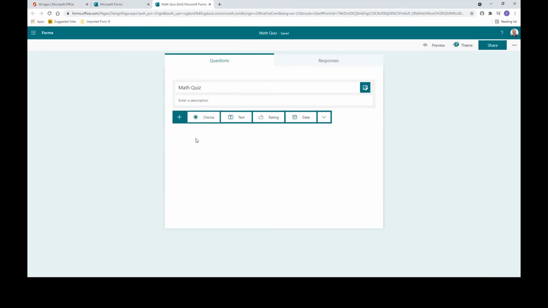As you see, we still got the choice, text, rating, date. We even have all the other little options that we did in the MS Form. However, my finding has been that choice works really well for giving quizzes. Text, rating, date, and the others, you're going to have to manually grade like you would any other exam we would give on paper. Text, you can still do that. You ask the question, put it to a long answer, and then review what their answers were, and grade it on that curve. Like, hey, they got everything they needed, so I'm going to give them full points or partial points. But we're going to just focus on choice for now,